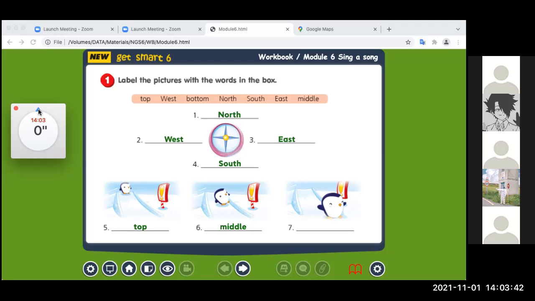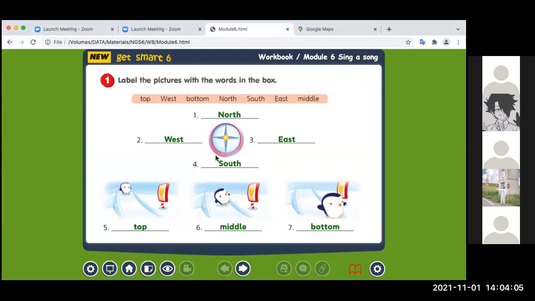The last one, number 7, at the end. Where is the penguin? Can I hear from Infa, number 36? Bottom. Right, very good.